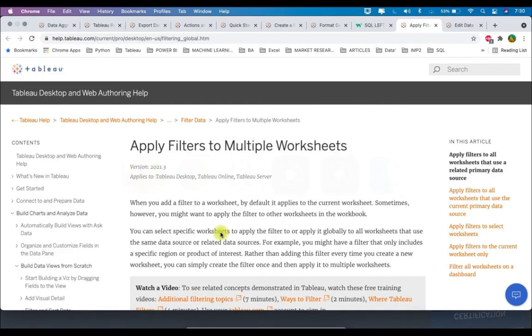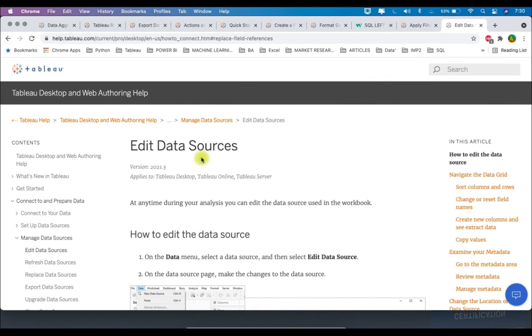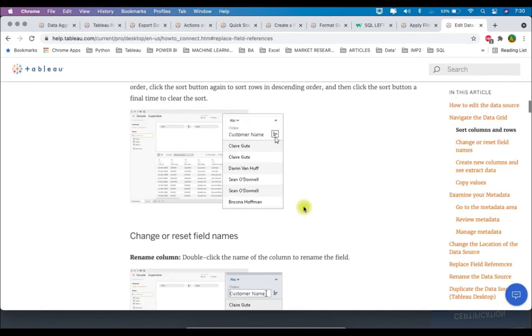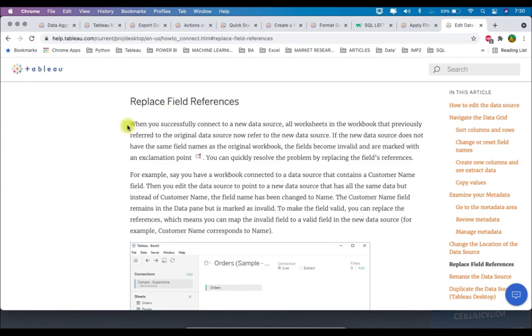And if you want to read more on this, you can search edit data sources and just navigate to the topic called replace field references. Here you have the same thing which has been asked in the question. When you successfully connect to a new data source, all worksheets in the workbook that previously referred to the original data source now refer to the new data source.